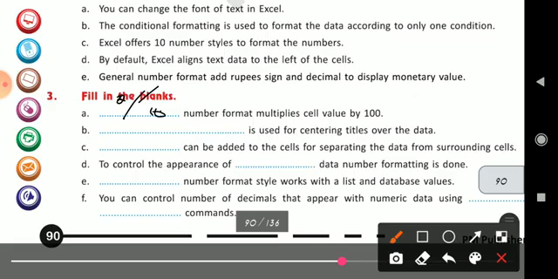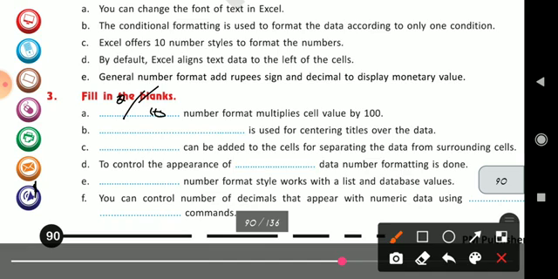B. Dash is used for centering titles over the data. So centering according to the columns, what we have used over the data, merge and center. Just now we had revised it.